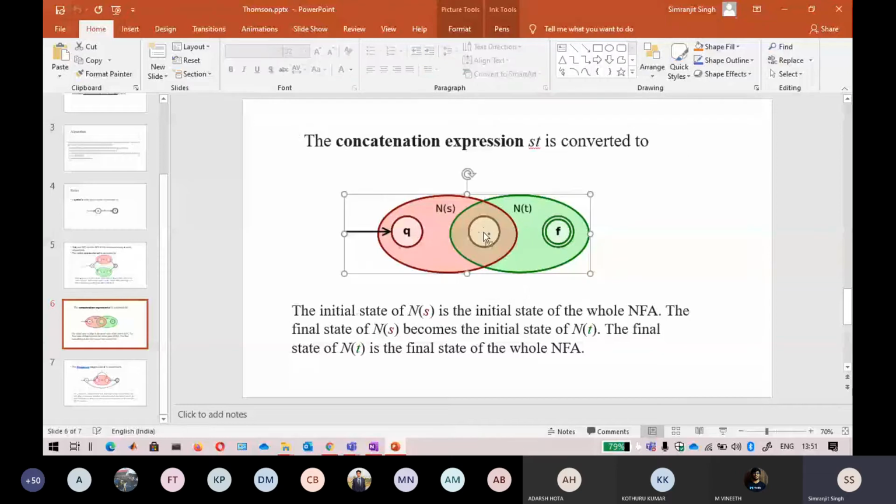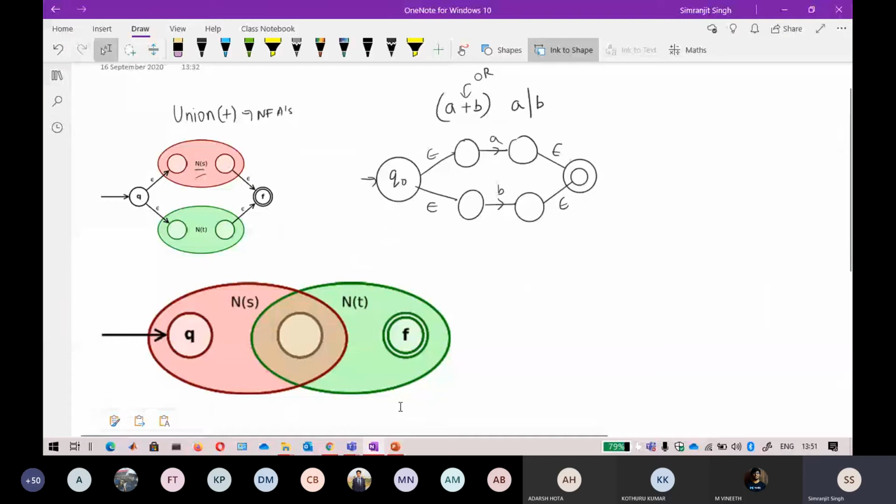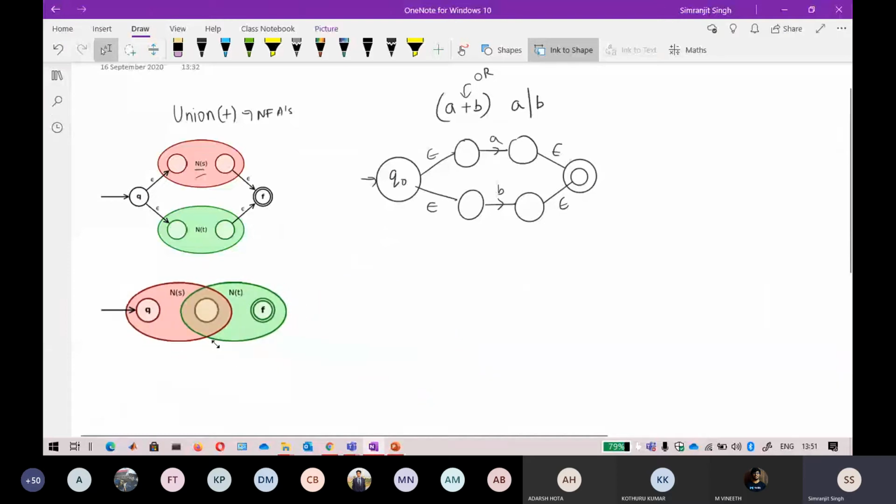Again, I can also represent this in a simpler way. The expression can be like this: A followed by B. So it can easily be represented. In our notation, we also used to do it like this.